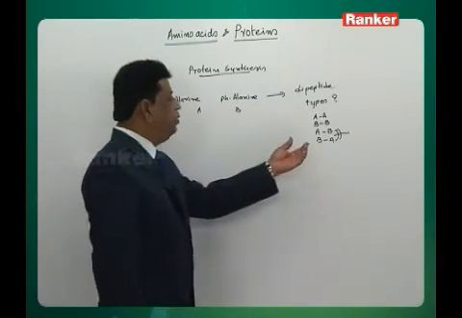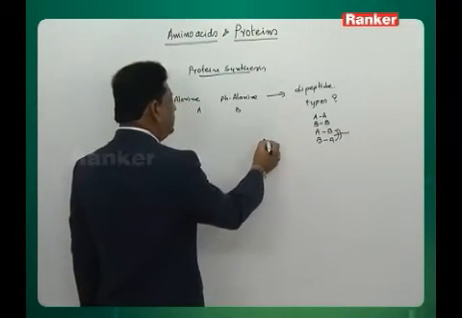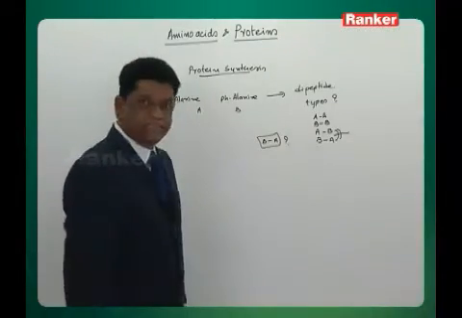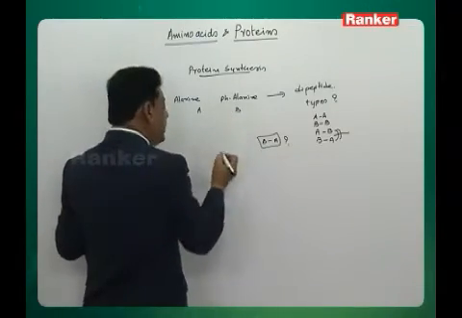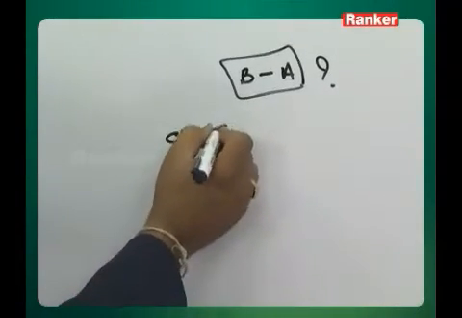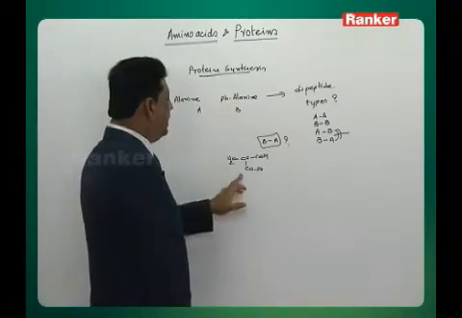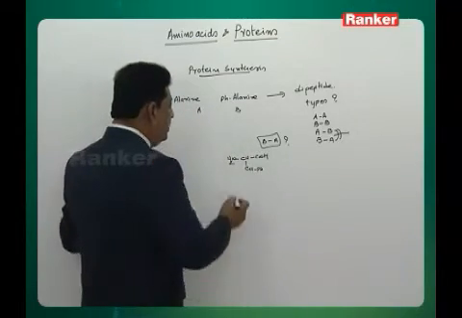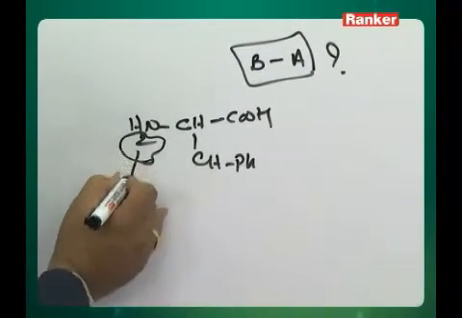For example, if somebody wants only BA, not AB, how to prepare BA is now a question. That is called protein synthesis. To get a specific BA, what we have to do is take the phenylalanine. Phenylalanine is nothing but a phenyl containing a COOH and an amino group. So now this COOH should react with the amino of the other one. So, for phenylalanine, this amino group you treat with a blocking agent